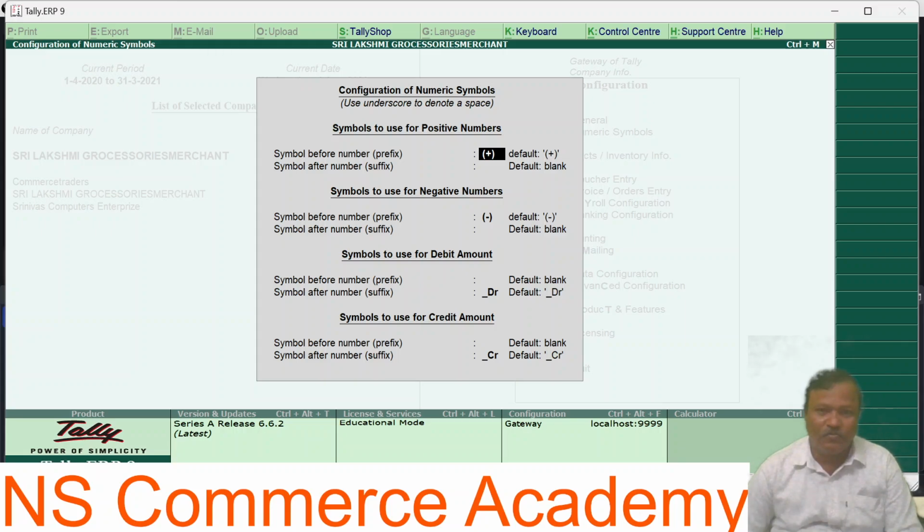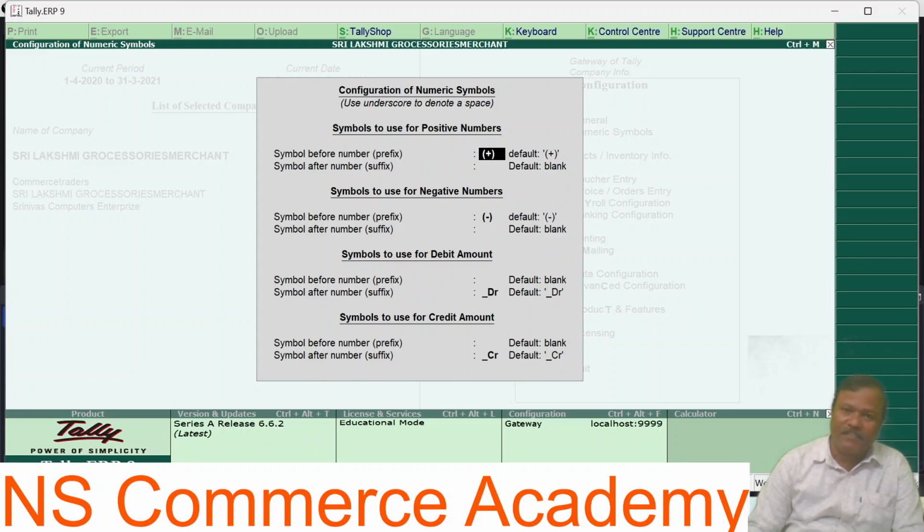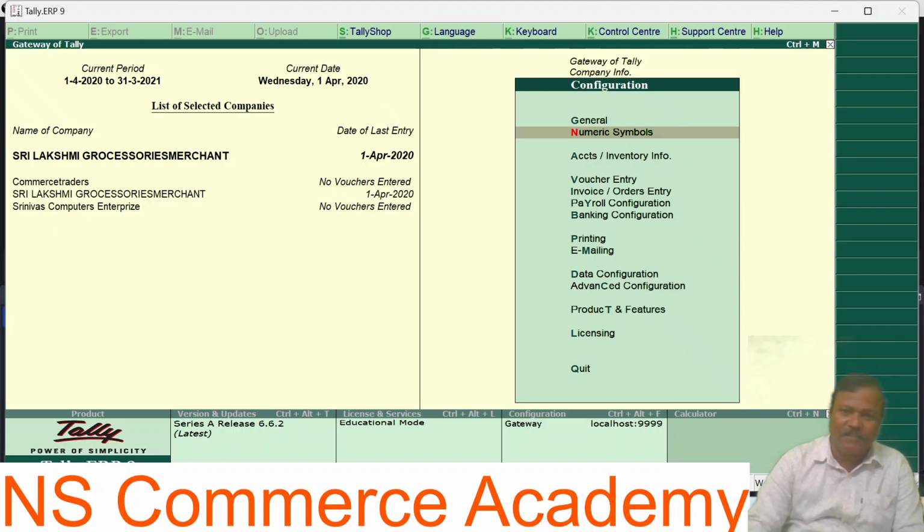Symbols to use for negative numbers, by default, symbol before number prefix minus, symbol before after blank. Like that we have various configurations. According to the requirement of the company, you can select any configuration and make modifications. Okay, press on it.